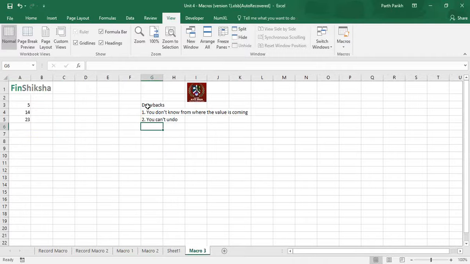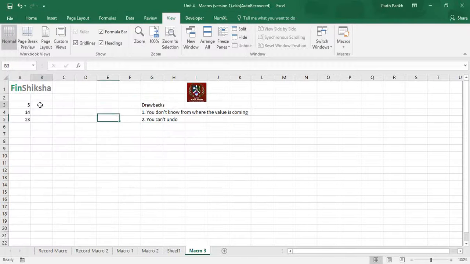So that's why you have to be very careful with your data. Whenever you are running a macro, first copy your data into a different sheet. So if anything happens to your dummy data, or the data which you are performing on, if something doesn't work well, you at least have the data. So that we will see in the next exercise as well. But in this exercise, I hope you have got the idea.